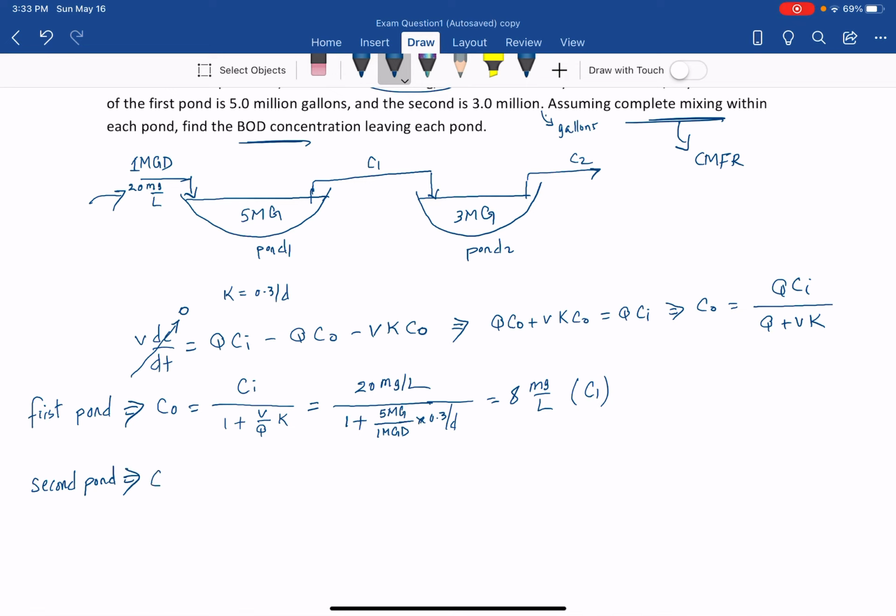So C out equals, now using the C1 that is entering the second pond, 8 milligrams per liter divided by 1 plus, oh no, the second pond, remember, is 3 million gallons. So 3 million gallons